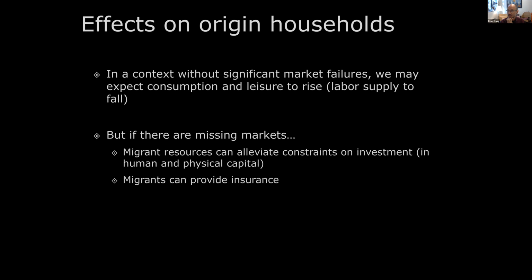We also might think about missing markets for insurance, missing markets for dealing with risk. Either missing financial markets for credit and savings, or an incomplete ability to informally share risk between households in a social network. And if we have imperfections in mechanisms for coping with risk, migrants can provide insurance. This particular topic is actually going to be the subject of an entire class taught by Mushfiq Mubarak shortly, coming up in this module of the BREAD course. So I'm just alluding to this and teeing up that lecture.